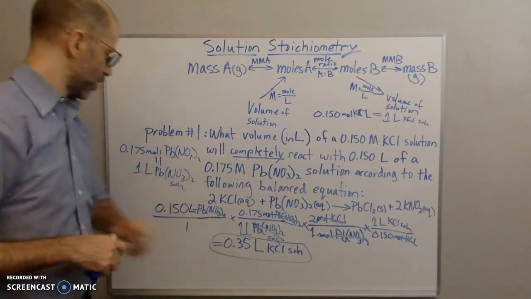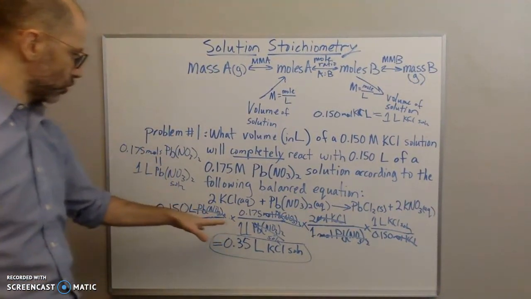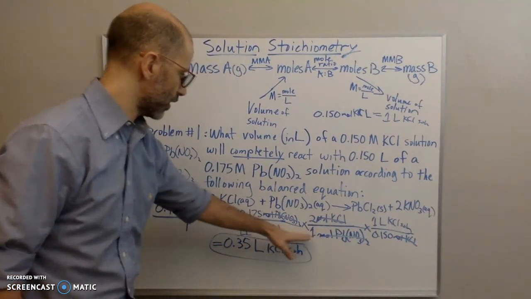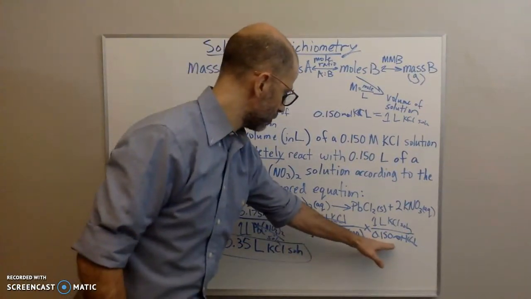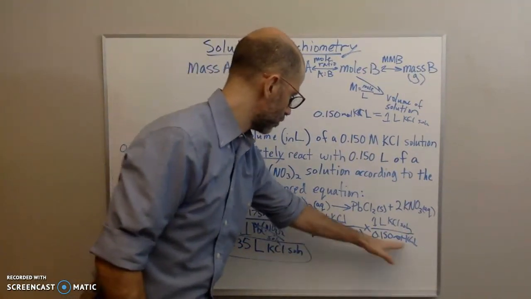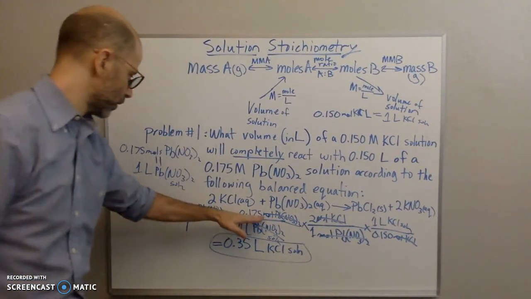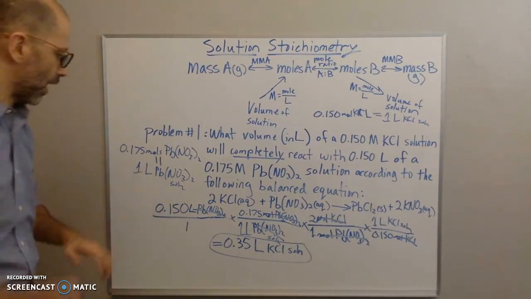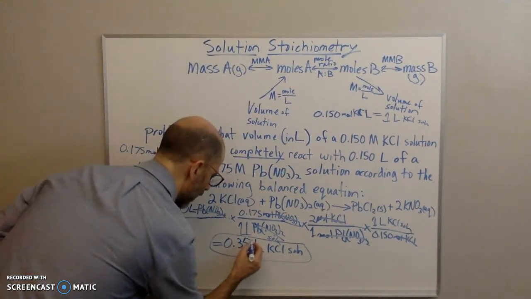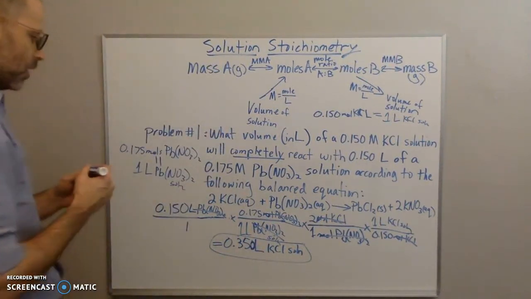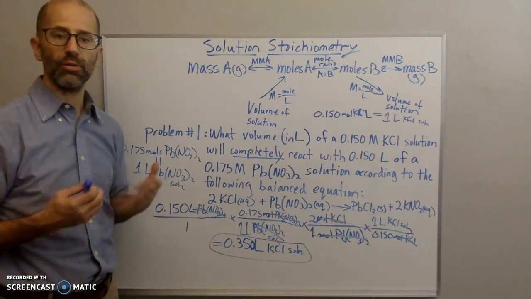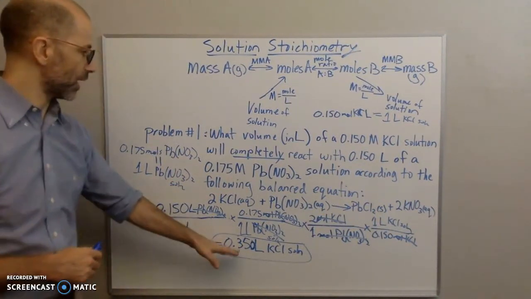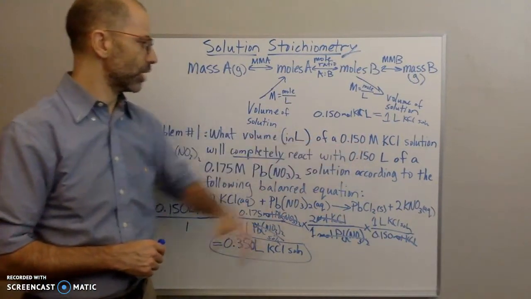So, let's check our sig figs here. My mole ratio here isn't exact, so I can ignore that. Here, this is a measure, 0.150. That's my molarity, so that's 3 sig figs. Here's molarity, that's 3 sig figs, and then that's 3 sig figs for the volume. So I should have 3 sig figs here, so I need to add a 0 at the end. So that is the amount of volume that I need of my solution, my 0.150 KCl solution,